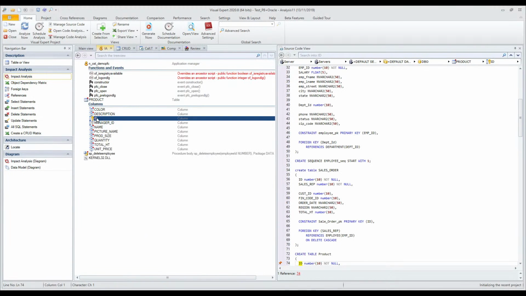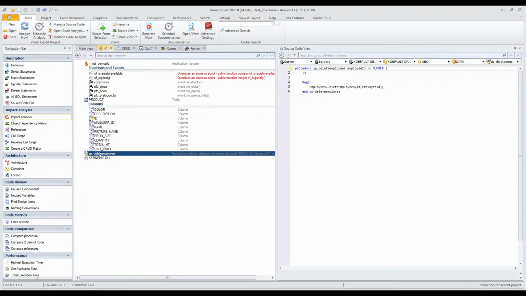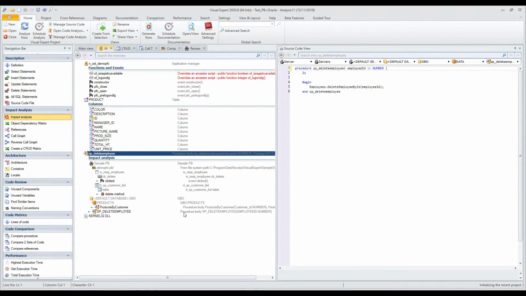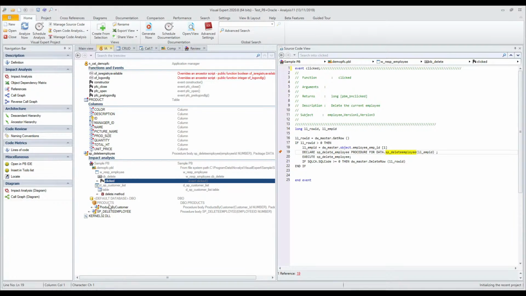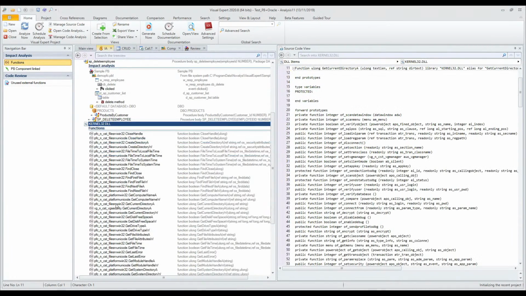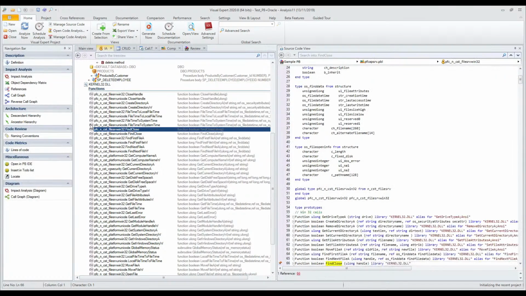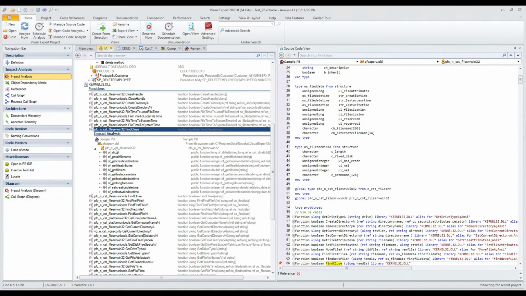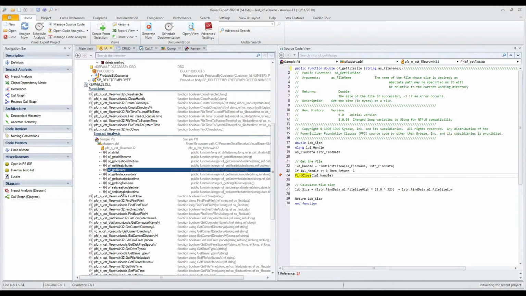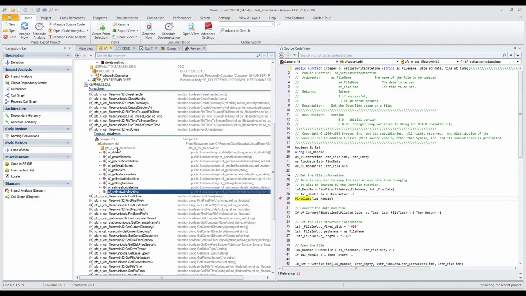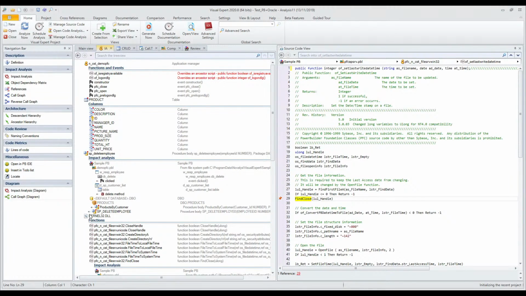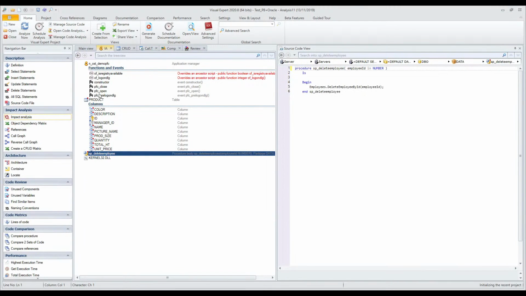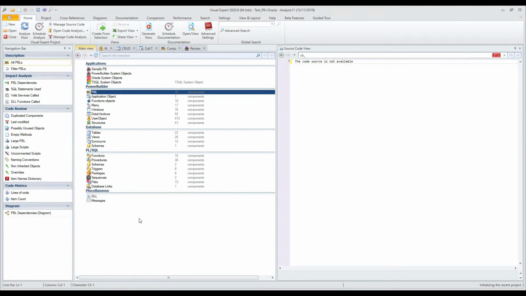So impact analysis for a database column. The same goes for a stored procedure to see where this procedure is called. We mentioned before the dependencies with DLL, so a DLL function impact analysis is also available to see where this particular DLL function is used everywhere in the PowerBuilder application. So this is very useful to see where one item is referenced, but more generally, you can also see multiple